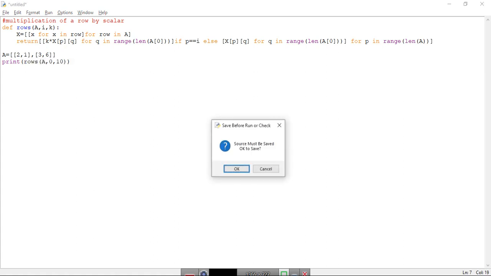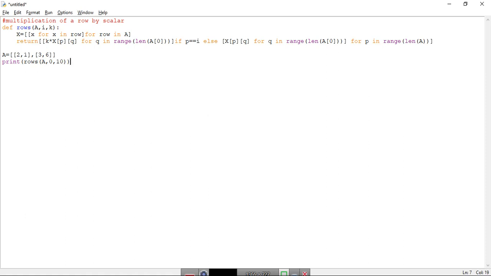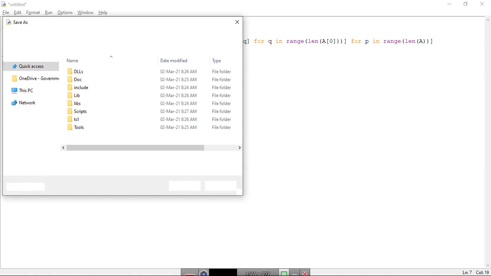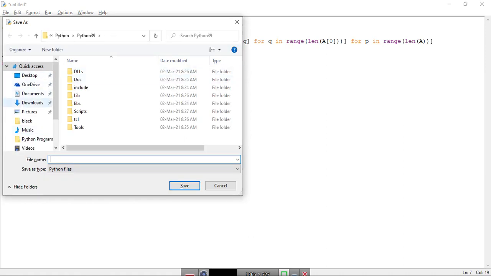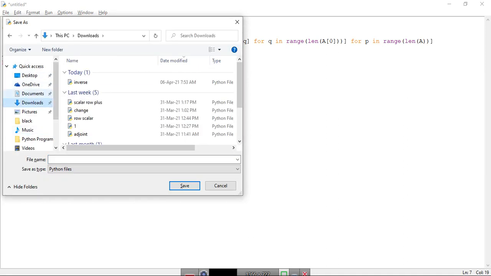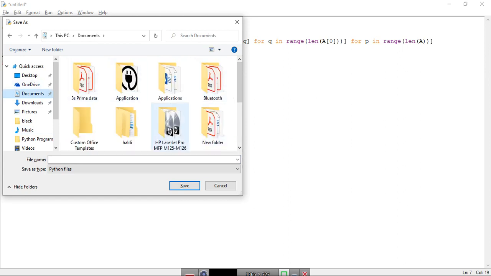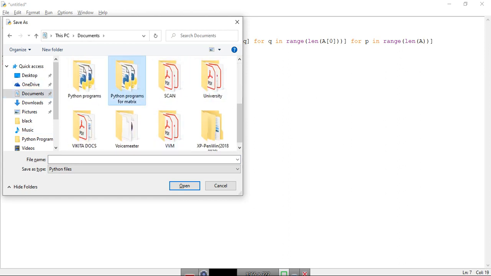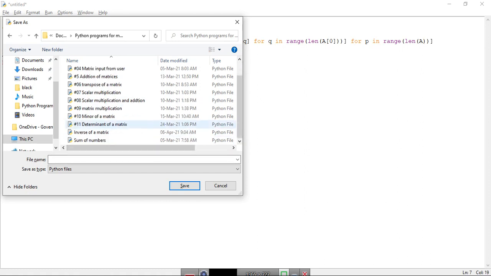Let's execute this. Let's hope there is no error. First of all, we have to save. Let's save that in our documents, in our folder, as scalar multiple of a row.